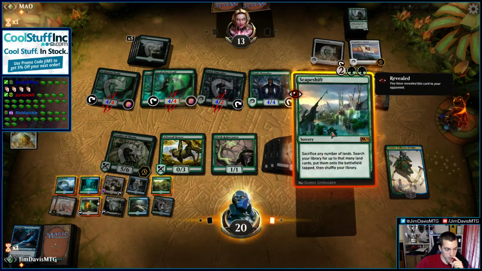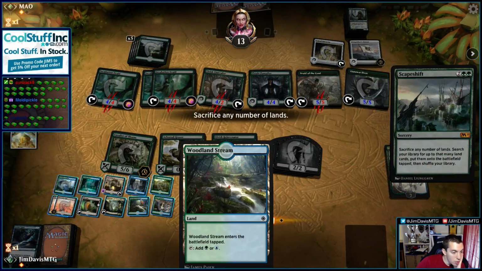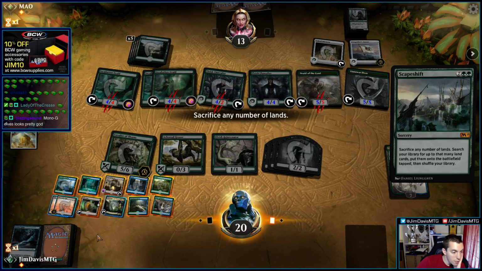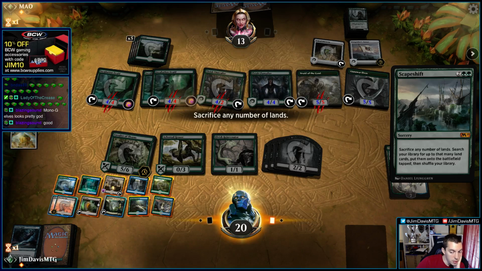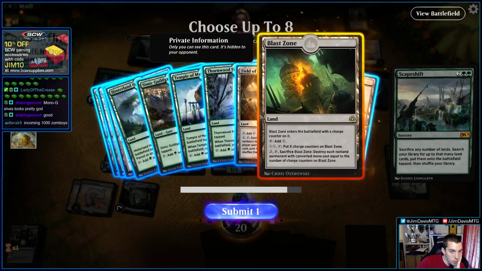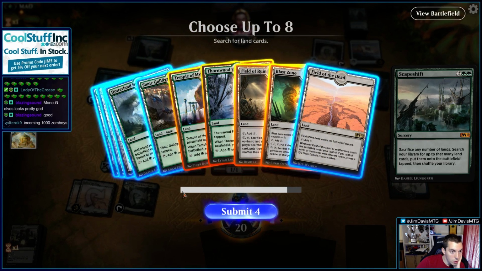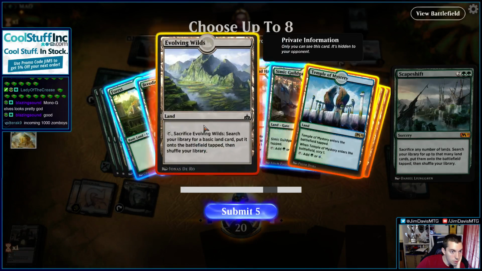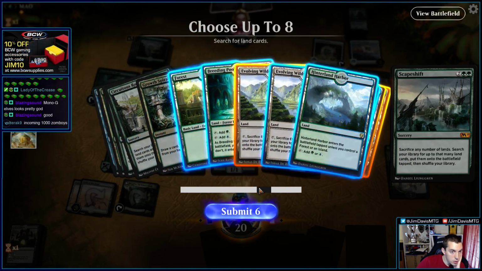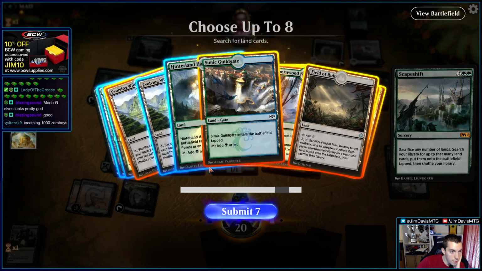Alright, I'm gonna cast Scapeshift. We're gonna sacrifice most things. 1, 2, 3, 4, 5, 6, 7. I have a Blast on my deck. It's 8. That should be plenty. We have 8 lands to get. 1, 2, 3, 4, 5, 6, 7, 8,